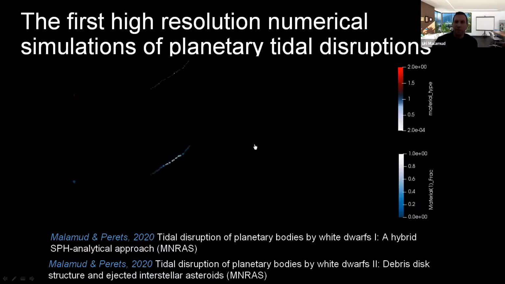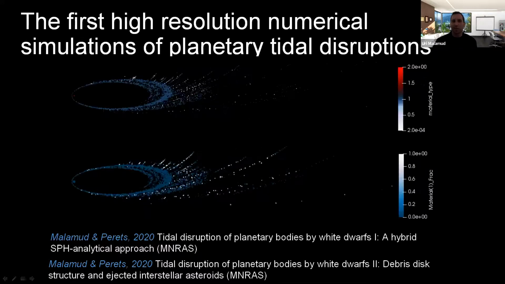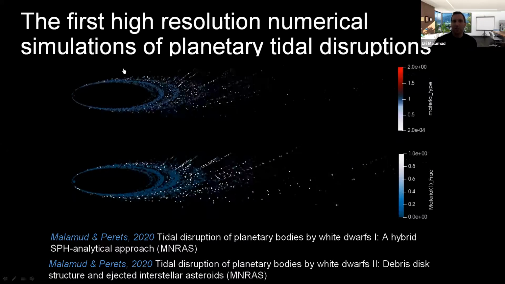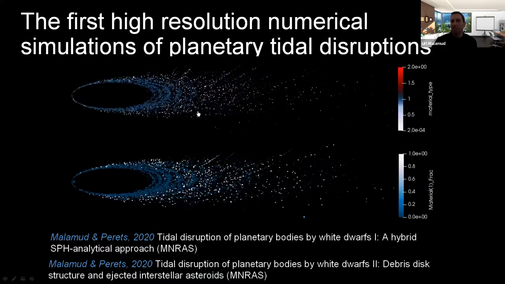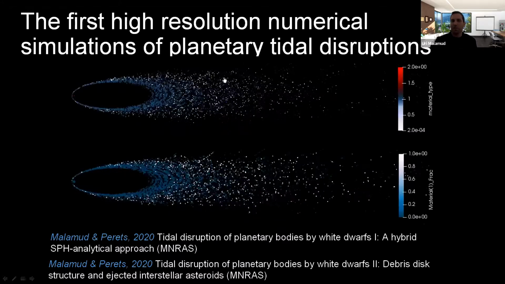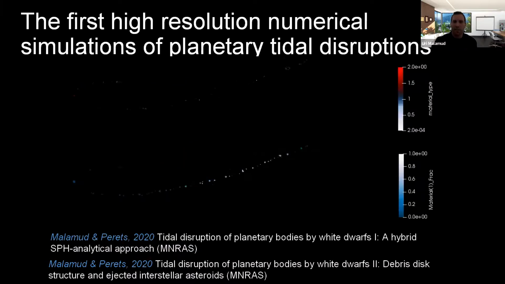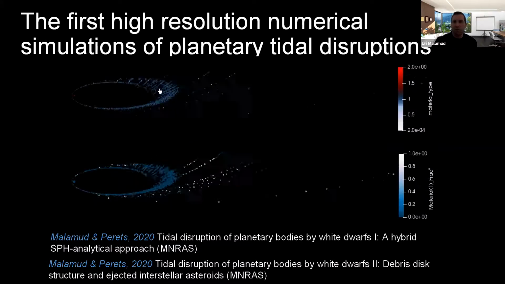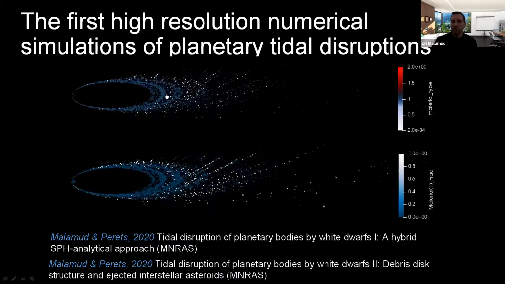And just to illustrate what I'm talking about, okay, this is what a full hydrodynamical simulation would look like. A planet, in this case an Earth-like planet, goes near the white dwarf and tidally disrupts, and you see how the, maybe I will repeat this. You see how the fragments form. Each one of them forms its own tidal stream, and so on and so forth.